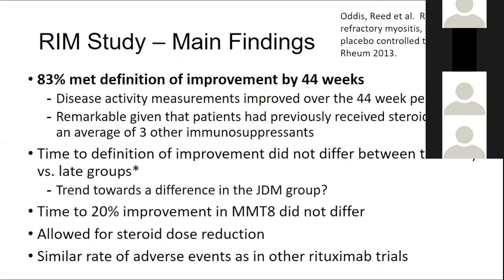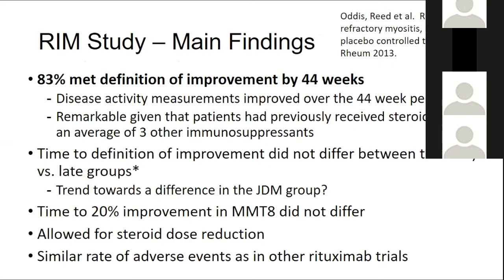After 44 weeks of receiving Rituximab, 83% of the patients in the study met the definition of improvement, which was really impressive given that these patients had previously received lots of steroids and other immunosuppressants and had not improved significantly, but they did after